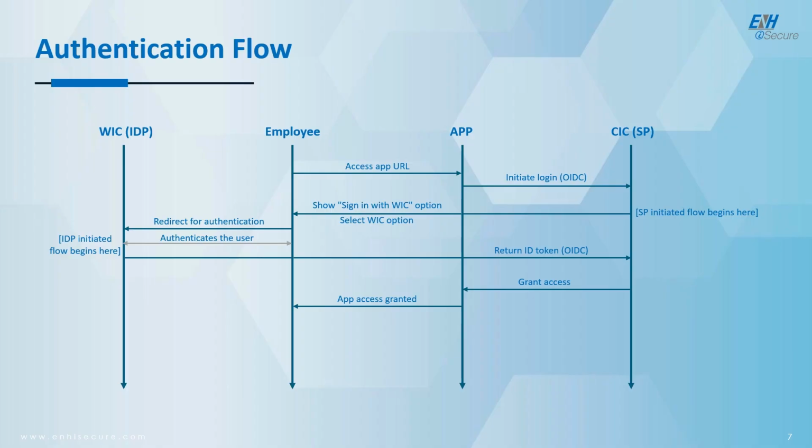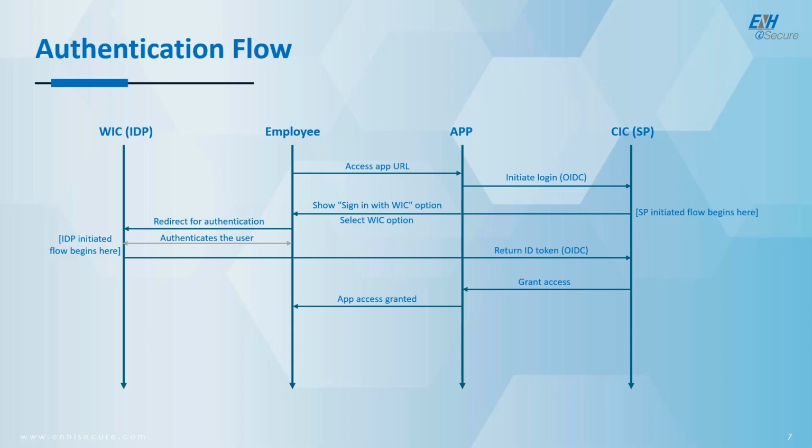This slide depicts the end-to-end authentication flow that occurs when a WIC employee attempts to access the Identity Bank application hosted in the CIC tenant. The process begins when the employee navigates to the application's URL. The CIC app receives the request and initiates an OpenID Connect login flow by redirecting the user to the CIC